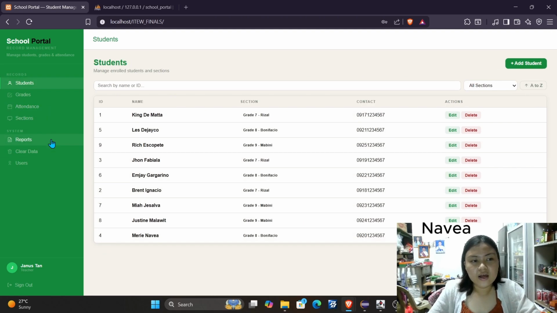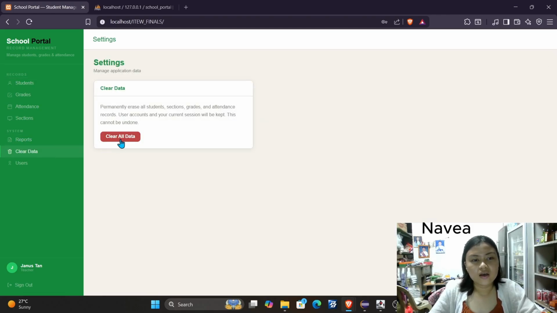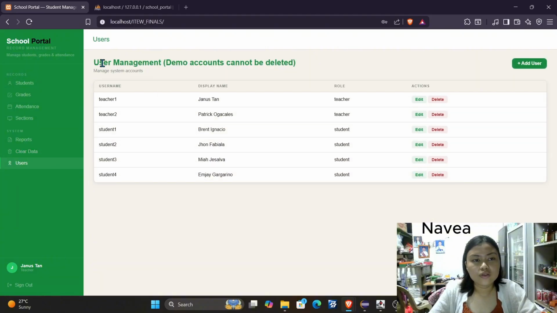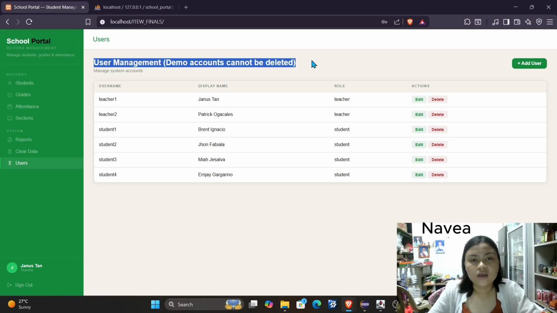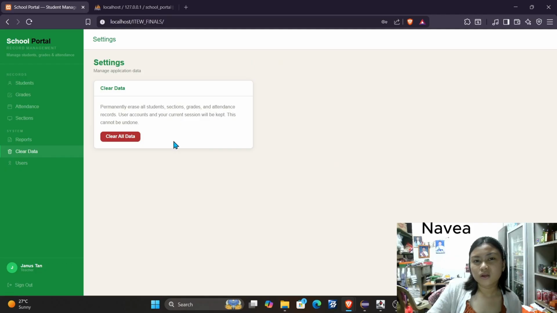Under the system navigation, we have the report generator, the clear data, and the users or user management. But here we cannot delete the demo accounts since demo accounts are the only way for users to enter. If they were deleted with the clear data, users could not enter the school portal anymore.